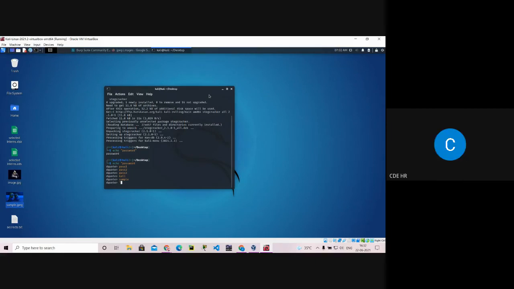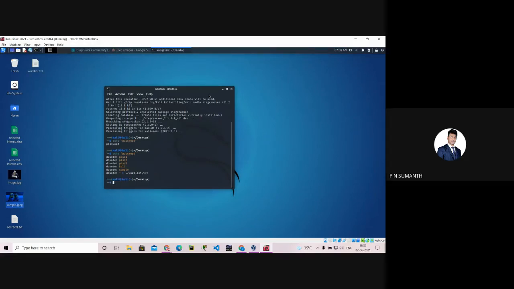Now space, this greater than symbol, and dot backslash front slash and secret word list dot txt. Enter. Created, sir. Yeah, it will create.